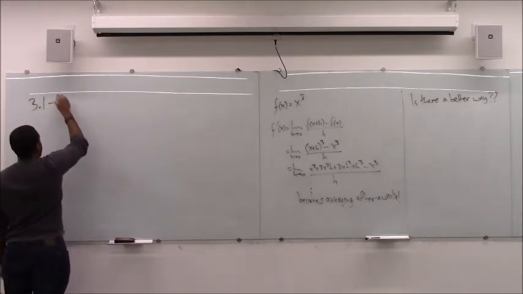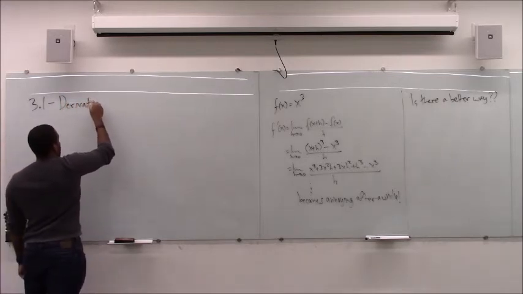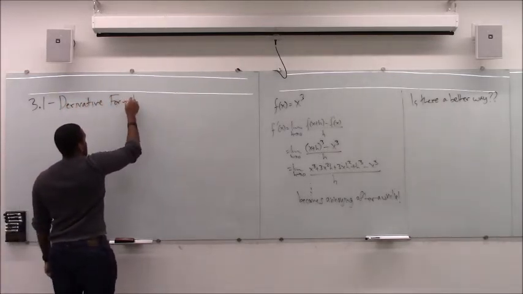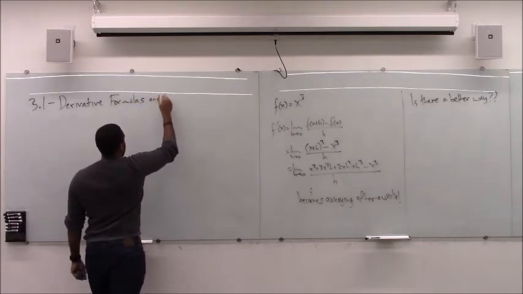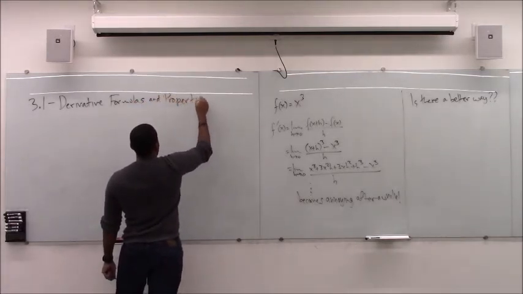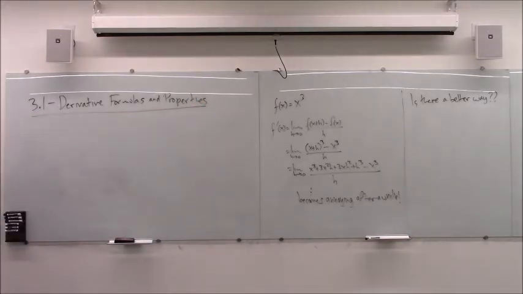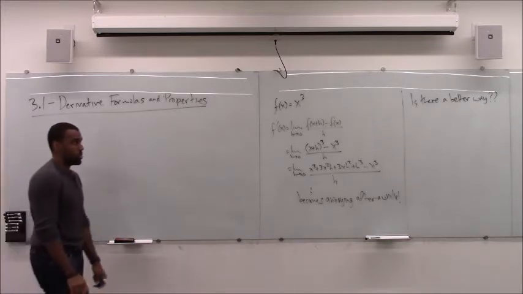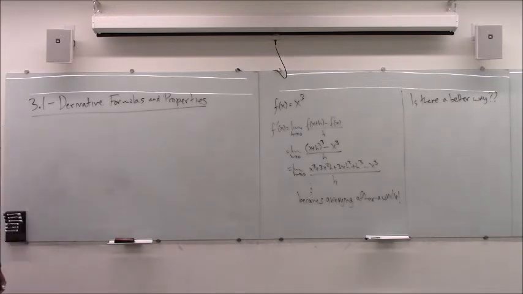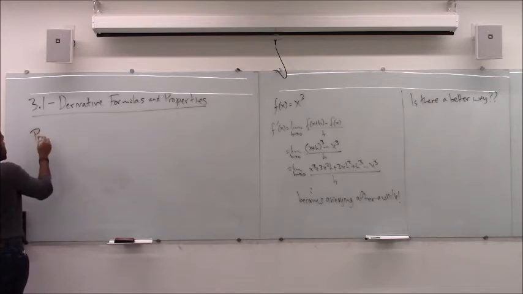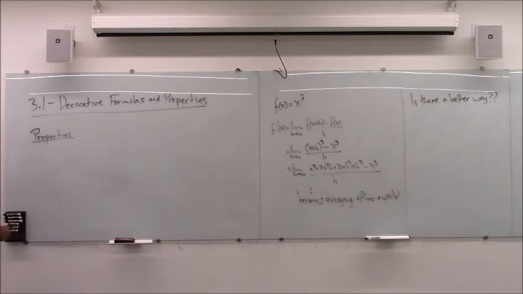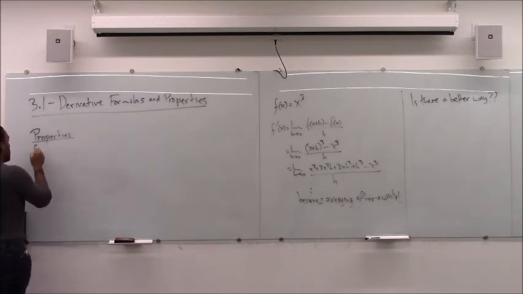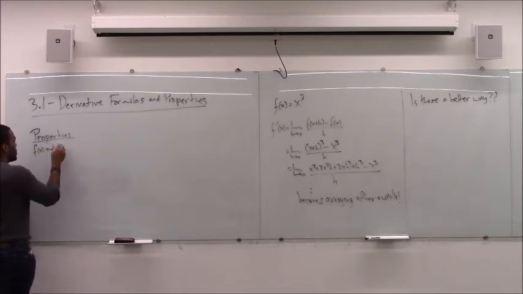It's going to talk about derivative formulas and properties, I think. Derivative formulas and properties. Yeah, so that's what we're going to do. Figure out some properties of the derivative and some formulas that are going to help us compute them quicker. So let's start with the properties, right? And by properties we mean algebraic properties, like how can we add them, multiply them, divide them, that sort of thing. These are properties. So f of x and g of x are,